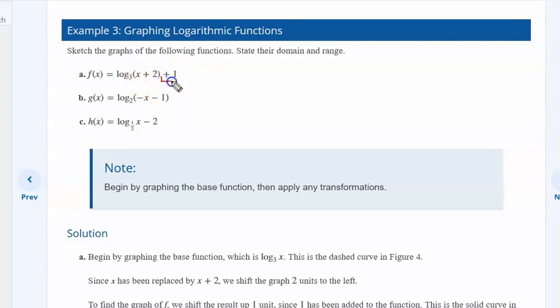That this value out here indicates vertical transformations, and whatever number is here, it's going to move it vertically up 1. Here it's going to move it vertically down 2. And our basic shape of the graph depends upon what our base is. If it's greater than 1, it'll have this shape. If it's a fraction between 0 and 1, it's going to have